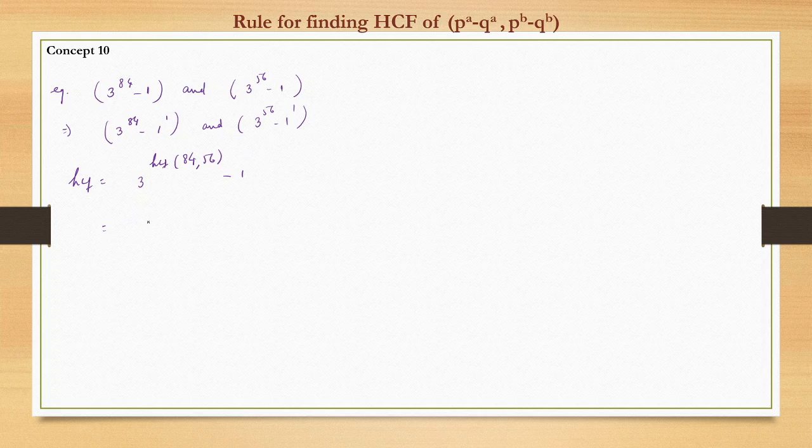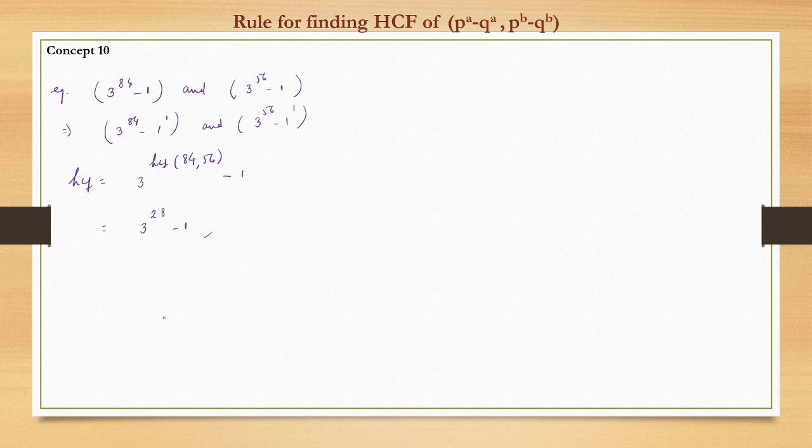So here now, what is the HCF of 84 and 56? The difference is 28. 28 divides both, so it is 3 raised to 28. Now I'm doing it directly, you can just catch it up. So this is the HCF of the required number. This is very simple using this formula. Otherwise, if you would have gone by the conventional method of solving this, it would have been really lengthy. So it's always better to remember this formula and use it.